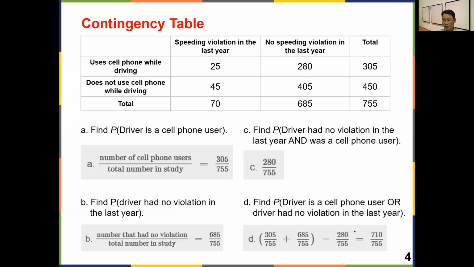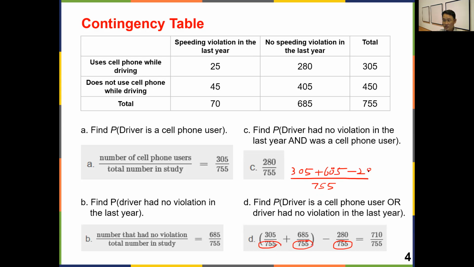Okay, so how do you actually calculate this? Notice that the denominator parts are all the same. It's all 755. So let me rewrite it here. Then you can just combine everything with one denominator. Then you only need to deal with the top, which means 305 plus 685